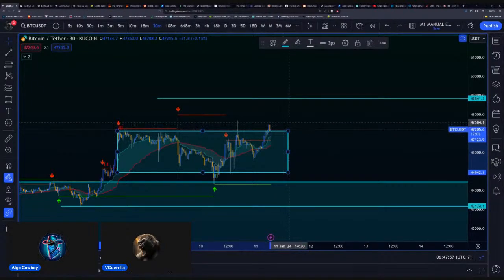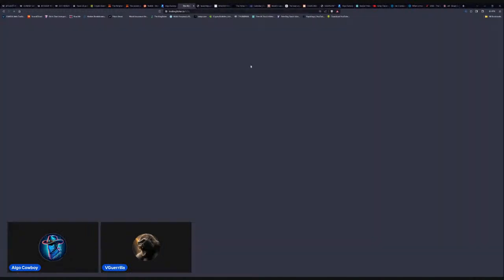Not without a little bit more. I want to see price break above 48. I think 48 is an important number. This line up here is only a liquidity node from like yesterday, so we don't know where liquidity is. We'll take a brief look at that.